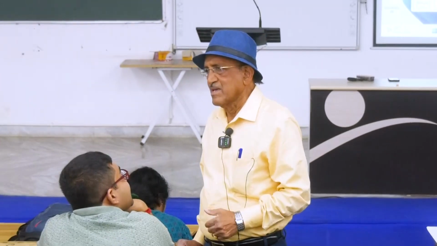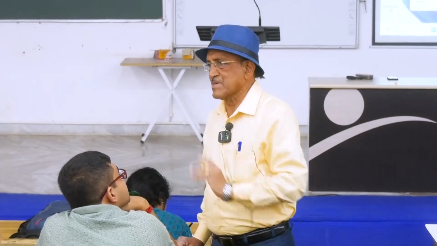হোয়াট ইজ দ্য nicotinic action of acetylcholine? কি হয়? What is the nicotinic action of acetylcholine? Muscle contraction. Nicotine কোথায় আছে? NN receptor, not NM receptor. Nicotinic receptor may be of two types. One is the NN, that is the neuronal type of nicotinic receptor, and another is the NM, that is the,